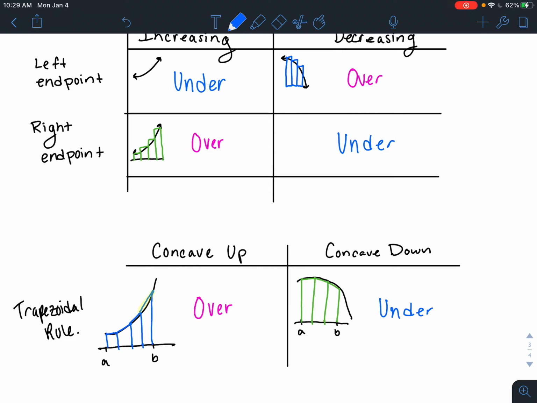So if you're using rectangles, you want to look at whether the curve is increasing or decreasing to decide. And if you're using the trapezoidal rule, you're going to decide based on the concavity. If you're using a midpoint approximation with your rectangles, you can't really figure that out, and you're not going to be asked about an overestimate there. And if you have any changes in these function characteristics, so if your concavity changes for the trapezoidal rule, or if your function changes from increasing to decreasing or vice versa over the interval, you really can't get a clear-cut image of whether it's going to be an over or an underestimate. So you would only ever be asked these questions if it is strictly increasing, strictly decreasing,